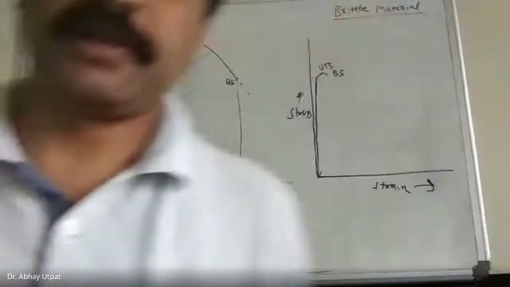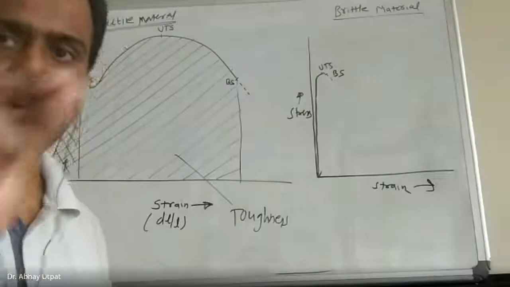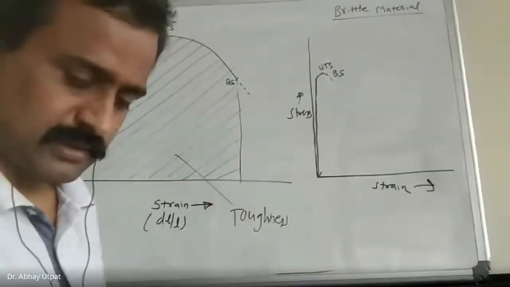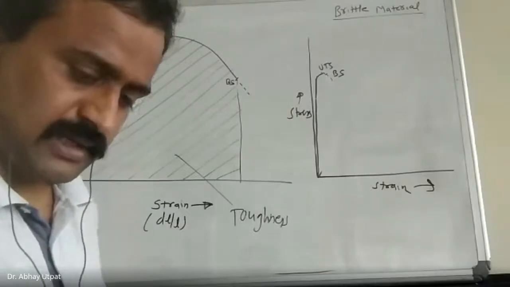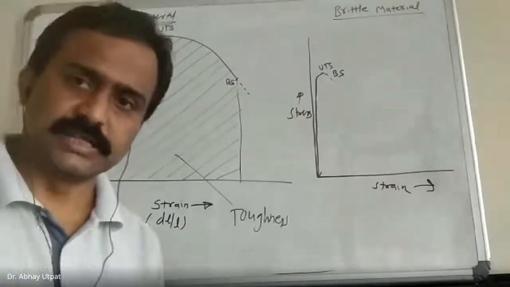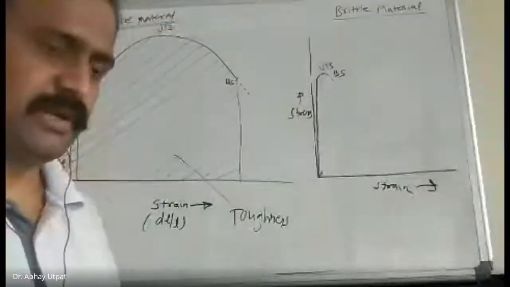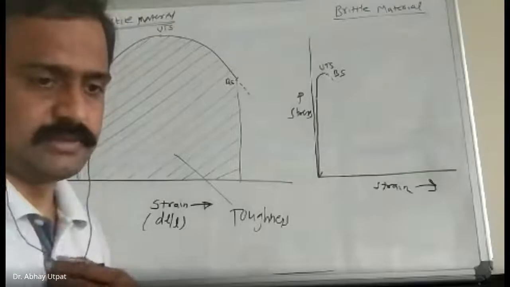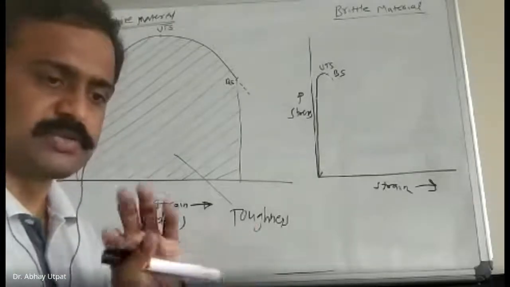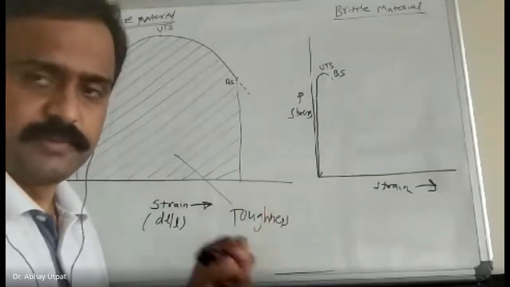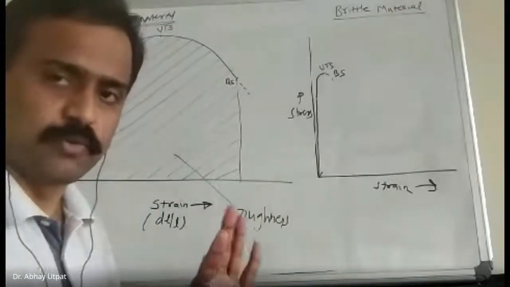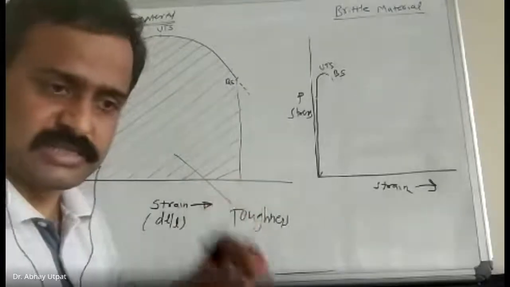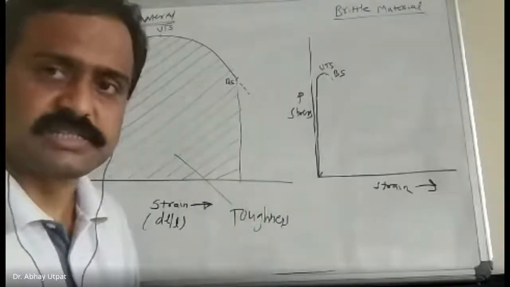Next statement, you write, make star mark to it. It is interview question. At the upper side, you write, ductile materials are good in tension, whereas brittle materials are good in compression. Brittle materials tensile strength is very poor, but their compression strength is very good. Whereas ductile materials tensile strength is very good, compression strength is poor.